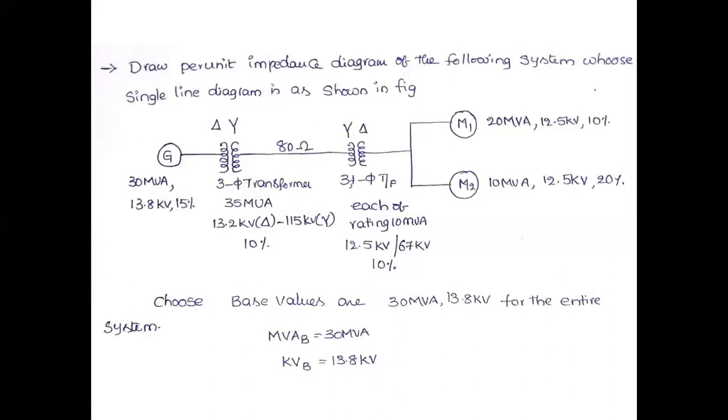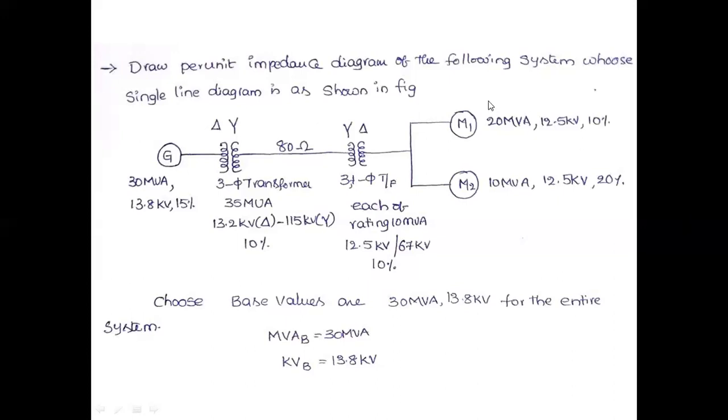Even though I have given you the ratings, you need to consider the actual rating of the connection. That depends on the type of connection, whether it is star connected or delta connected. In this particular case, 67 kV is the voltage with respect to the star connection, and 12.5 kV is the voltage with respect to the delta connection. At each and every component, the subtransient reactance has been given, expressed in percentages. That means you can directly express per unit values in terms of per units or percentages also. And in the motor section, you will have two motors connected in parallel. The rating of each motor has been clearly mentioned.